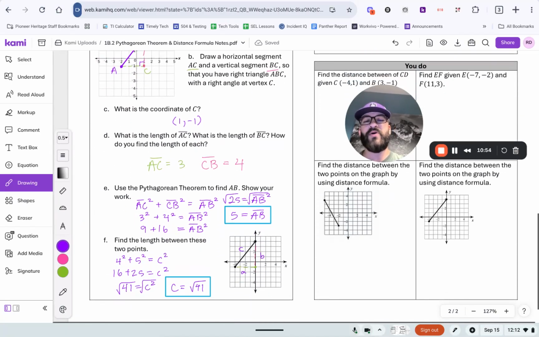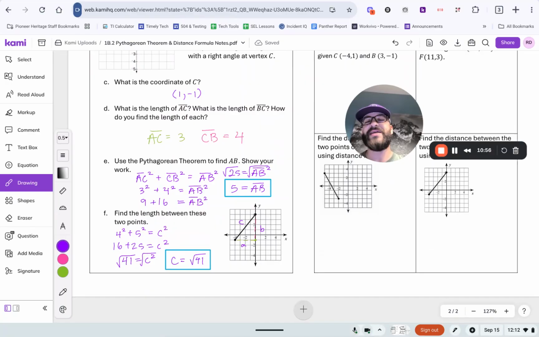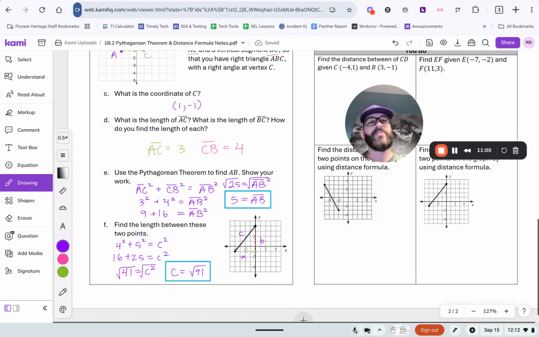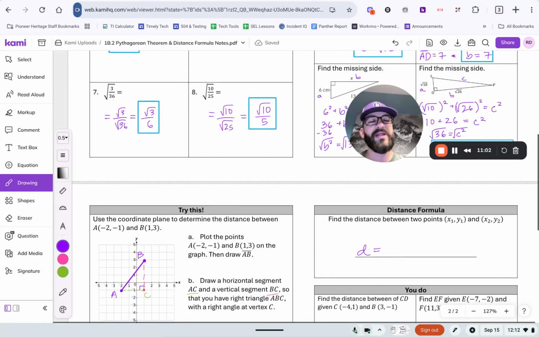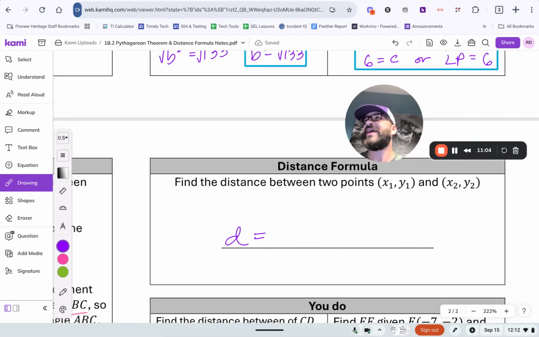If you noticed, on both of our try thises, we had the 2 legs, and then we had to square root it at the end. So our distance formula is essentially finding any line and treating it as a hypotenuse. And anytime you have to solve for the hypotenuse, you always have to take the square root of that c squared to get it by itself. So we're going to take the square root of what would be our d squared, and then over on the right side of our equation,